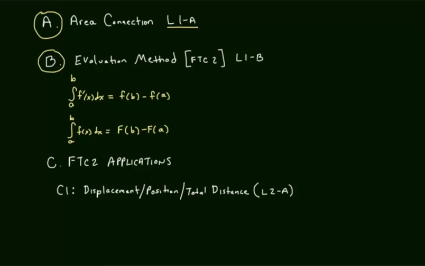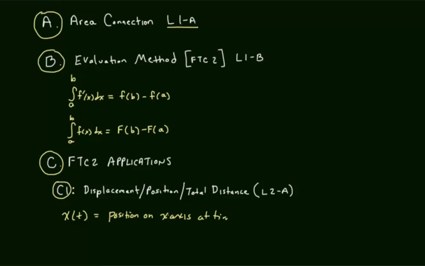Now let's take a look at part C, the fundamental theorem of calculus part 2 applications. There will be two kind of subsets of that. The first one is C1, and that's going to be the focus of this video. Displacement, position, total distance. Let's start off by calling x of t the position of some particle along the x-axis at time t. So position on x-axis